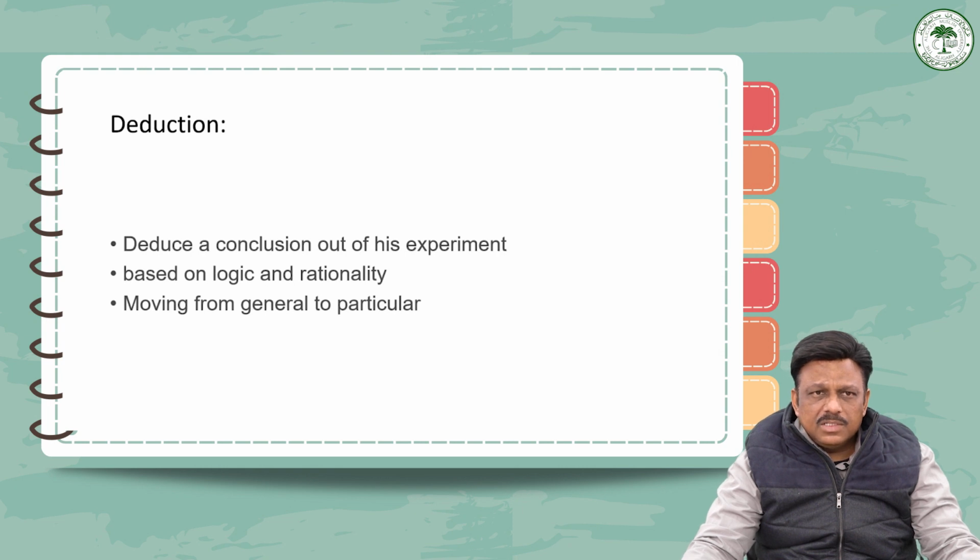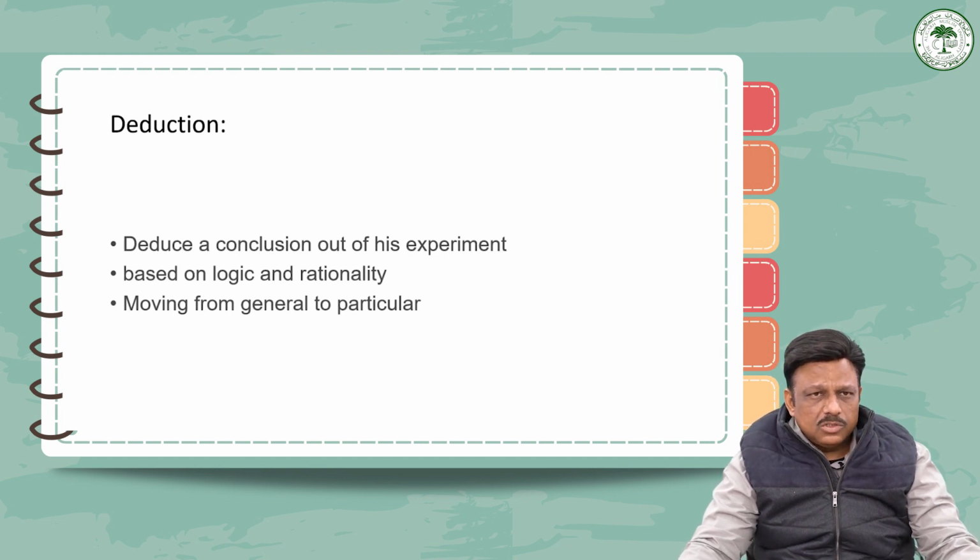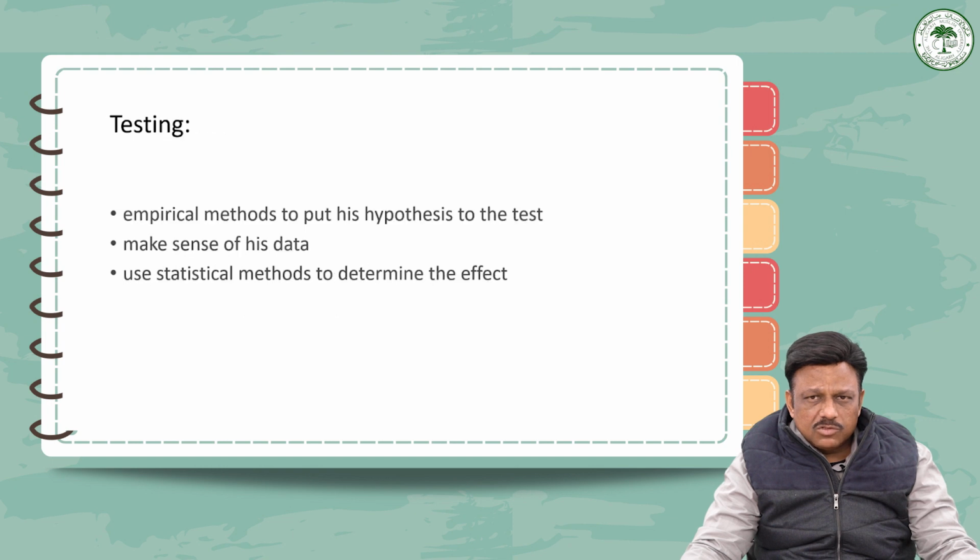Then there is a deductive way of analyzing. This phase helps the researcher deduce a conclusion out of his experiment. Now, this has to be based on logic and rationality to come up with a specific, unbiased result. For example, in the same experiment, if the tagged flowers in a different temperature environment do not change color, then it can be concluded that the temperature plays no role in changing the color of the bloom. If such conclusions are drawn, that way of drawing conclusions is called the deductive way of reasoning.